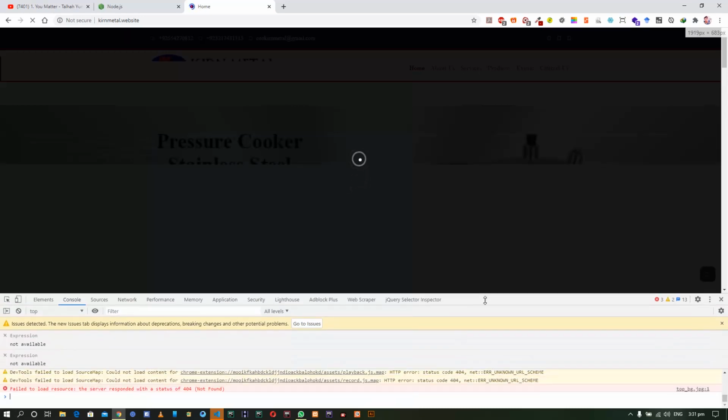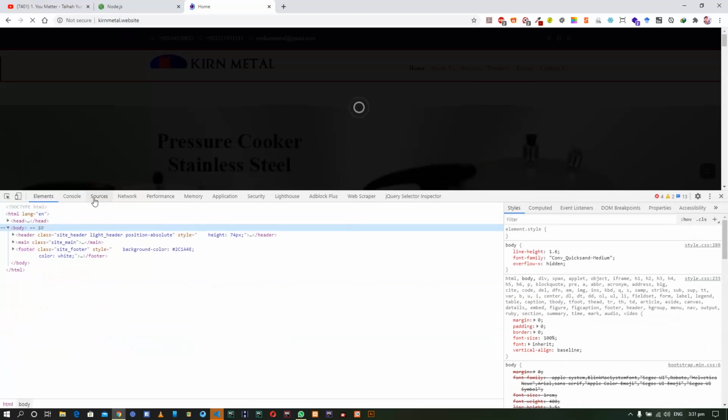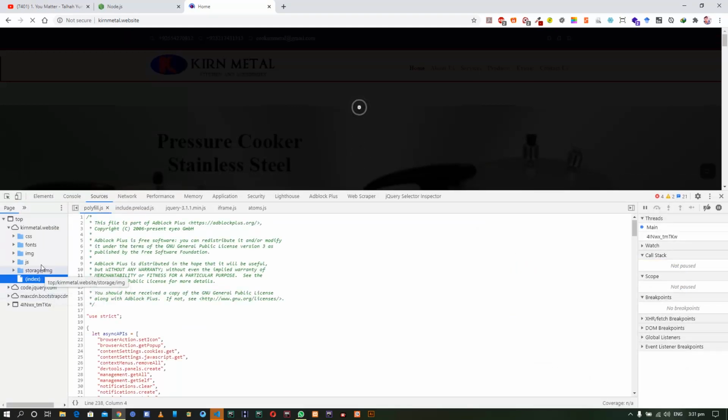I'm just giving you an example that JavaScript is basically client-side code. You run JavaScript in your browser. It was not originally used for server-side coding. You can see it in the sources here.